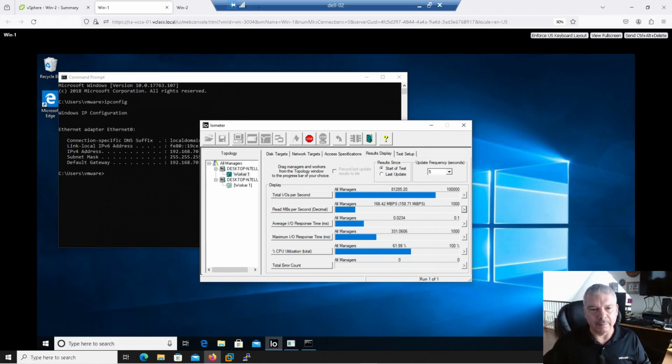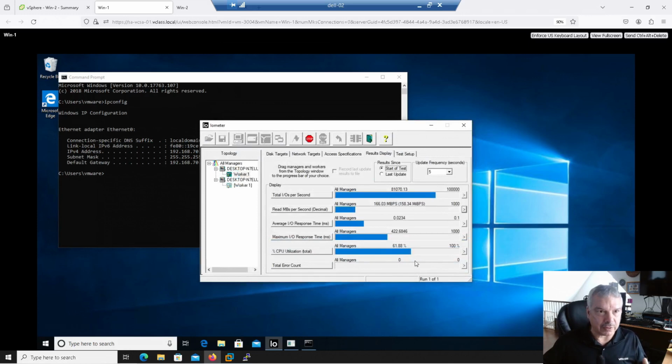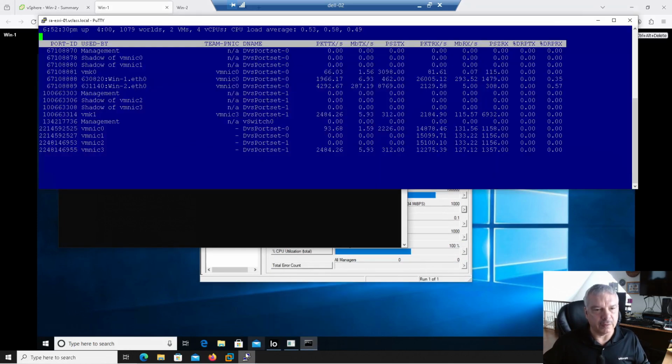Now, let me just stop this because I know it's probably stressing the CPU. Actually, no, I should let it go. Let's let it do its thing. If I go back to ESXtop, you actually see now we've got the Win VM here, and we see the packets transmitted and received, but we also see the megabits